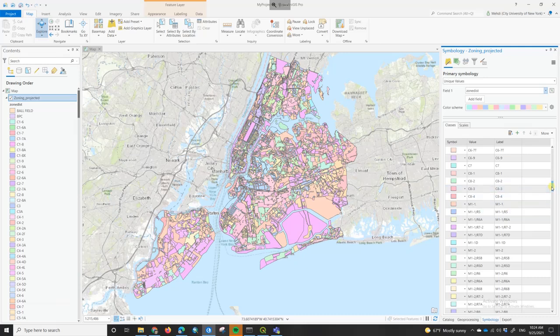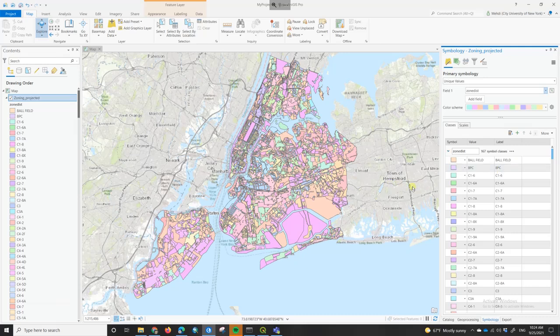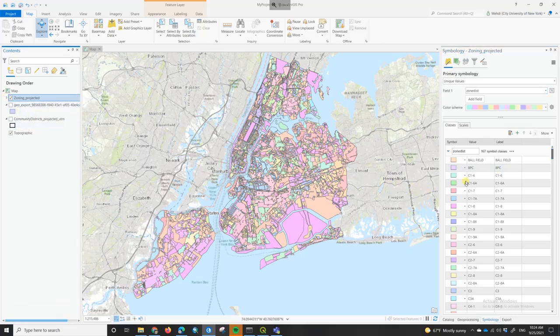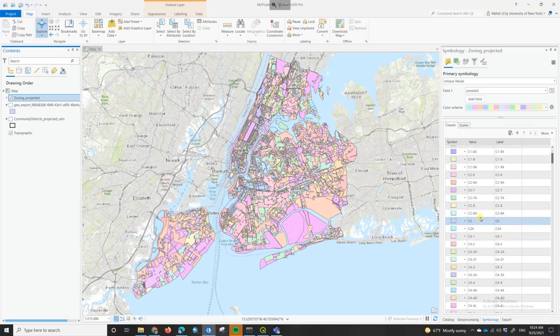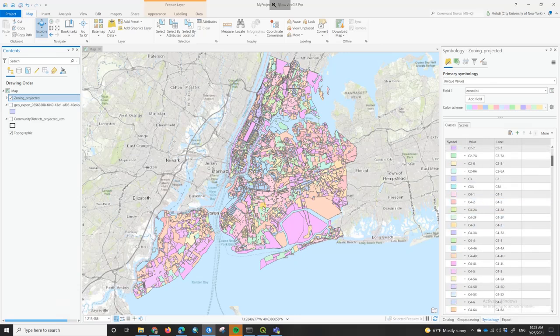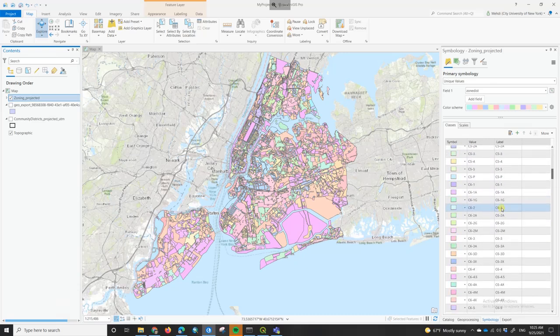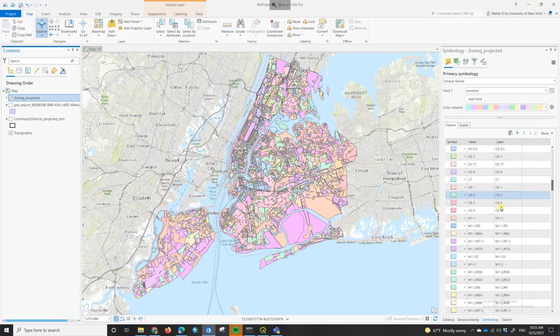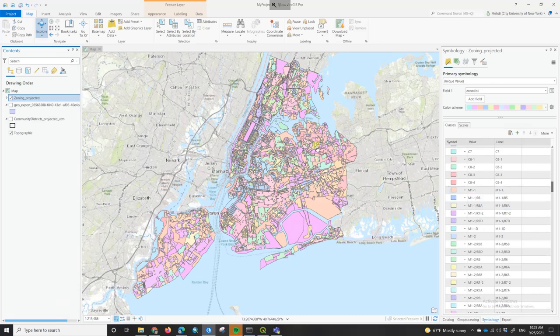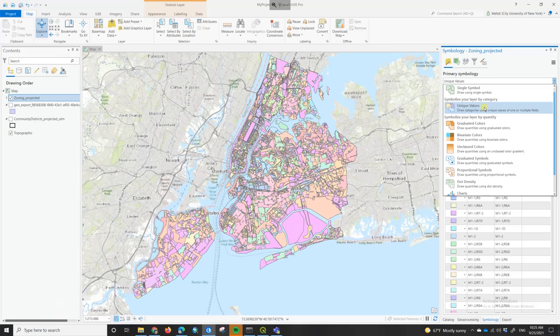Usually we use this method if you have 10 categories for categorizing your map. But probably this layer is not the best layer for this purpose, because we're going to have a long legend, and that's basically not going to work. But that's good. I just wanted to show you how you can use the different categories for